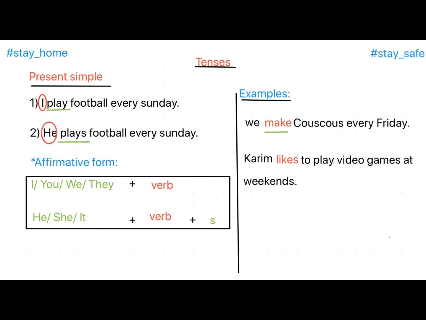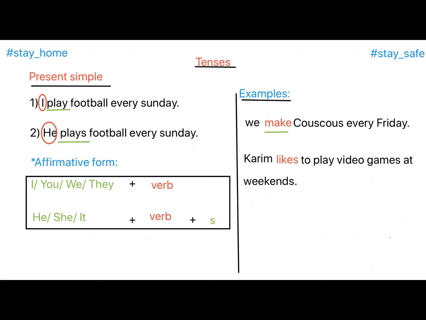So let's try to recapitulate what we have said. If we have I or you or we or they, we put the verb as it is. So if we have, for example, play, we put it like this: I play, you play, we play, they play. If we have he or she or it, we add an s to the verb, so it becomes he plays,